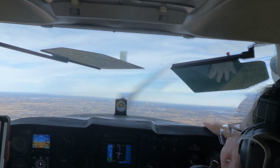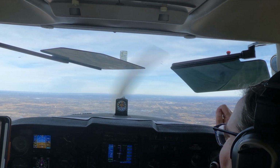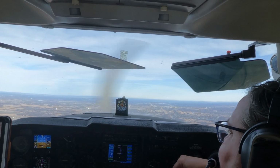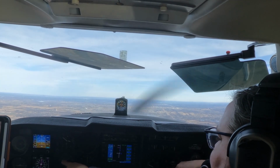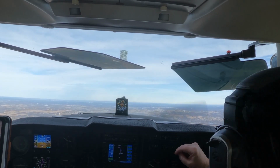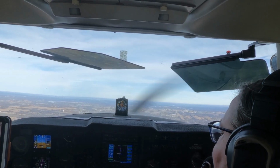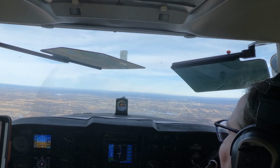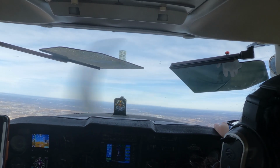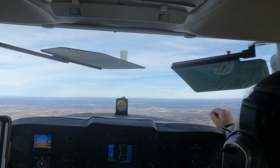Leave it on. See, now you're going to end up too slow because you want to be 100. You took out too much power. Remember, I said last time. Don't take out as much power because now we're even still slightly coming down. And so see how your nose is up? So now what you're doing is slow flight, basically. It's a little faster, but you're now literally doing slow flight. And so you're going to have to put your nose down and add the power. You want me to put flaps in? No, because we're going to go missed. Okay. But see, this is that about 3 mile thing where we're starting to do the...